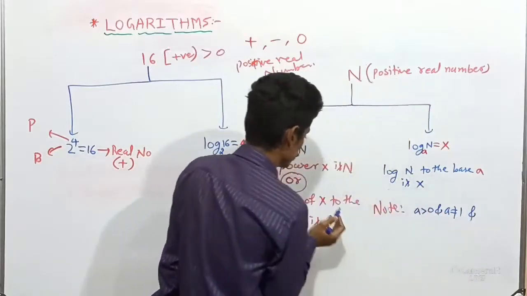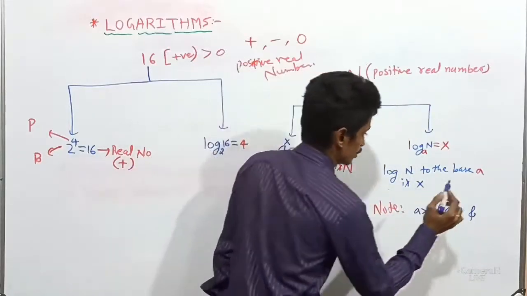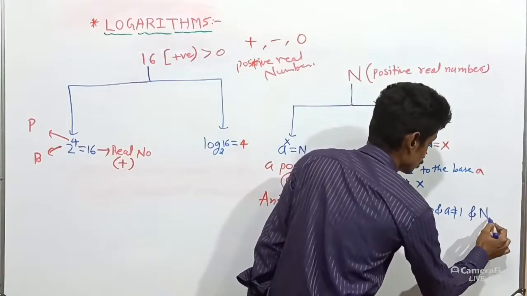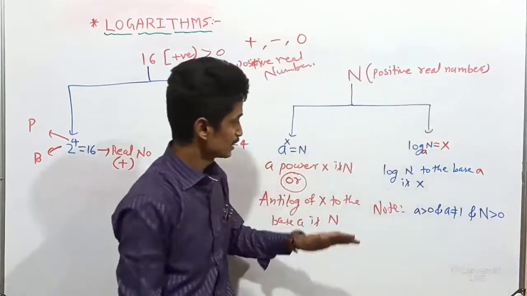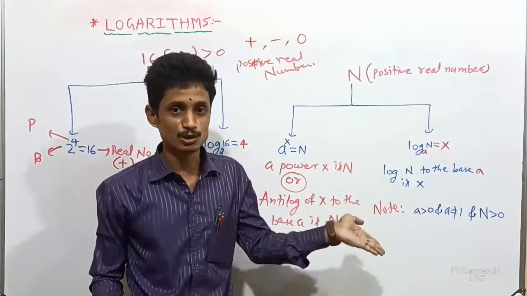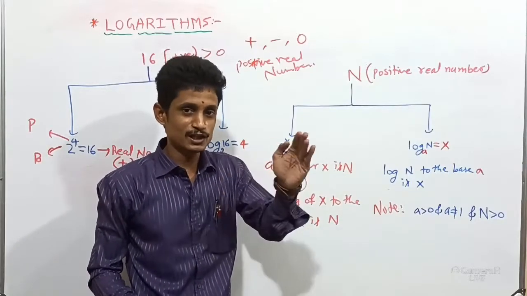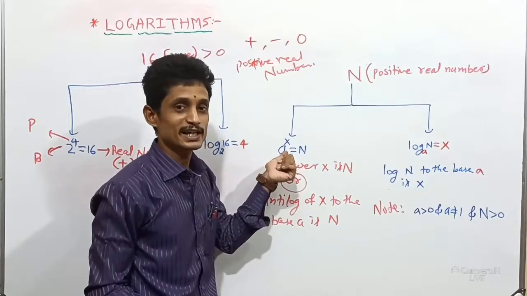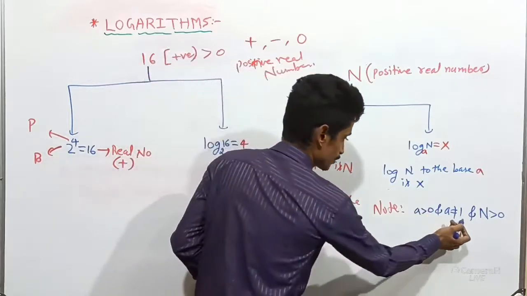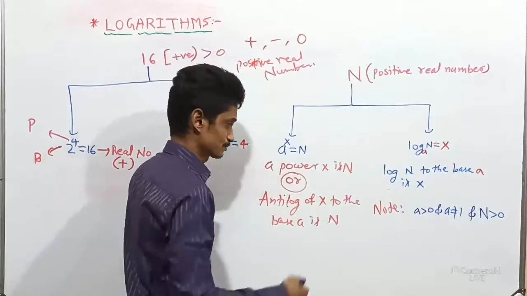And also one more variable I have, that is n. What is n? n is also greater than 0. After 0, it can be any number. Any number greater than 0 we can represent in index form, but it is not possible to represent it as a power of 1.